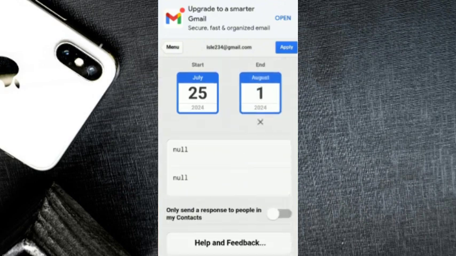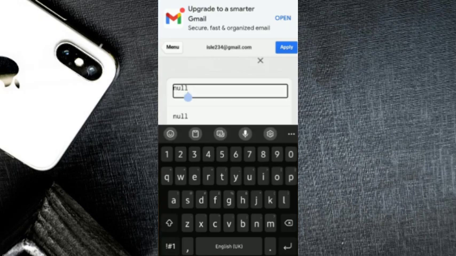Let's say I've chosen mine. What do you want to be set when the day starts? You say, I am in the Caribbean, or you can just tell them where you are. You can say off work for now,